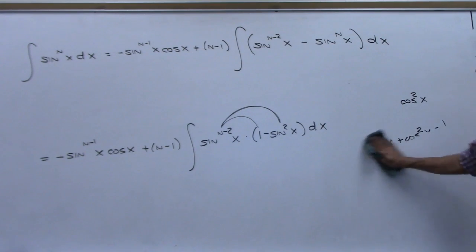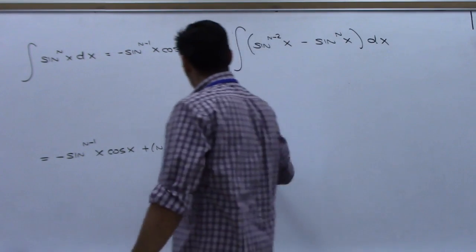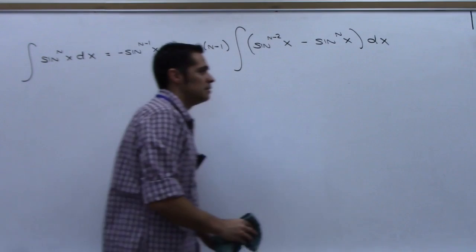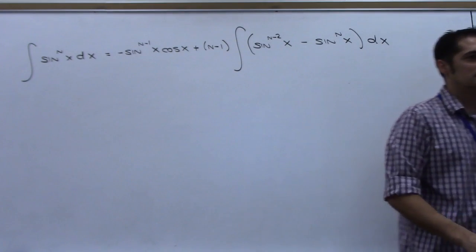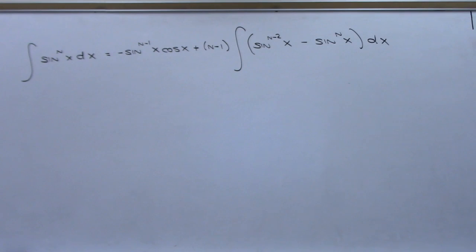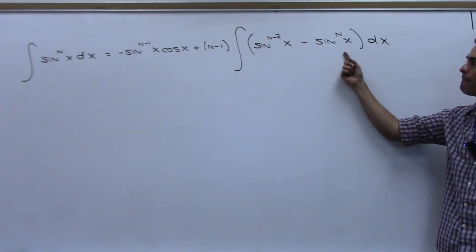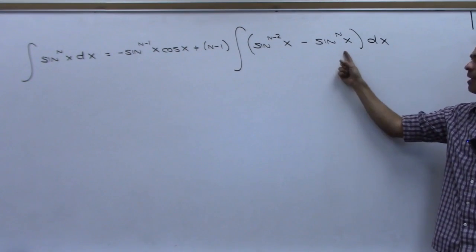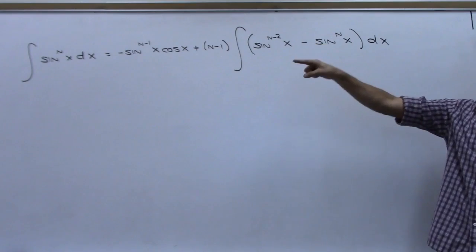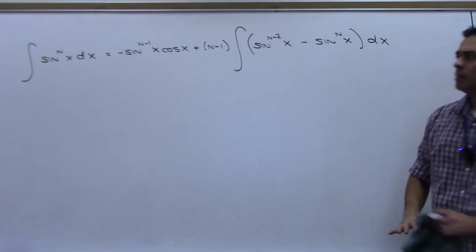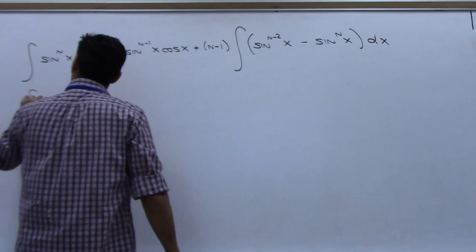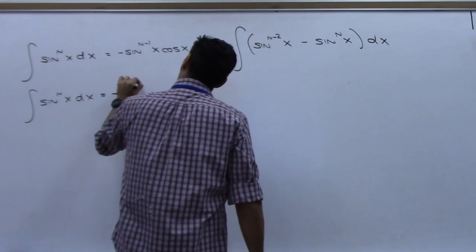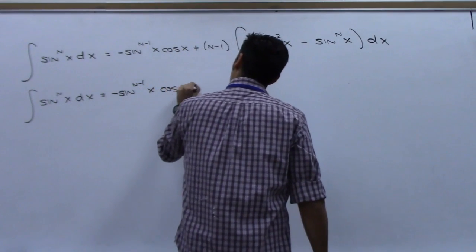This is about to be pretty awesome. Does anyone see it yet? Oh, you can separate the integral, right? We can split this into two integrals, can't we? You can add that to the other side. And then this is the one over there, isn't it? And I can bring it over to that side, like the rabbit out of the hat. So watch. Integral sine to the n x dx equals negative sine to the n minus 1 x cosine x plus